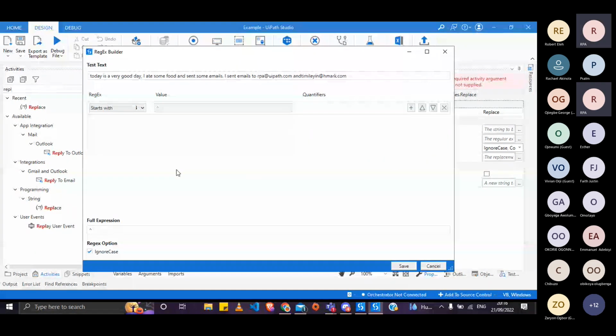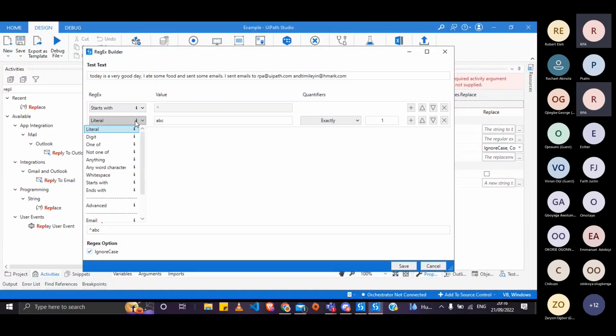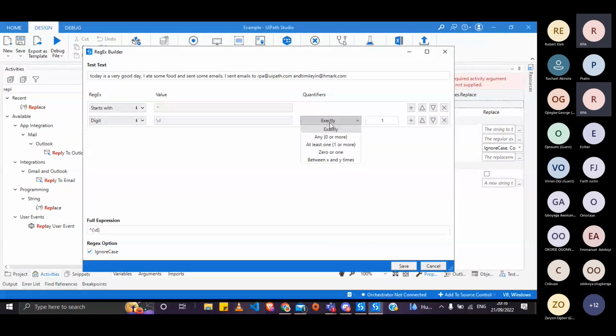Starts with, and then add the next thing: starts with what digit? So starts with exactly, or digits, which is I want to use 2 digits because I want to check if it starts between